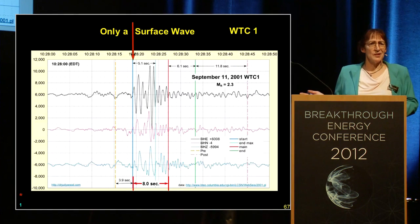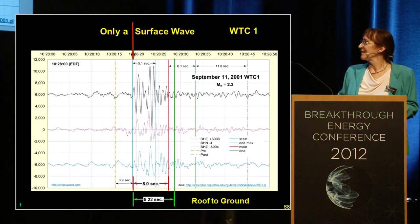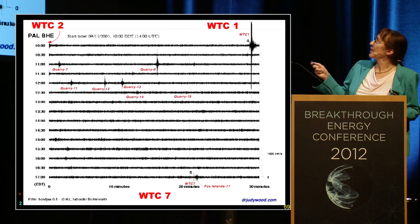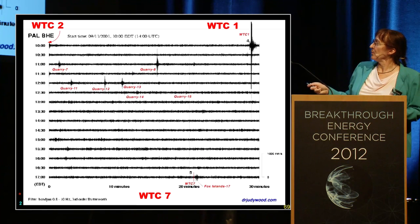So how can this be? The building couldn't have reached the ground as a solid, rigid object. Here's where Tower 2 had already gone by the time this chart started. Tower 1's demise there. But here we're going to focus on Building 7,